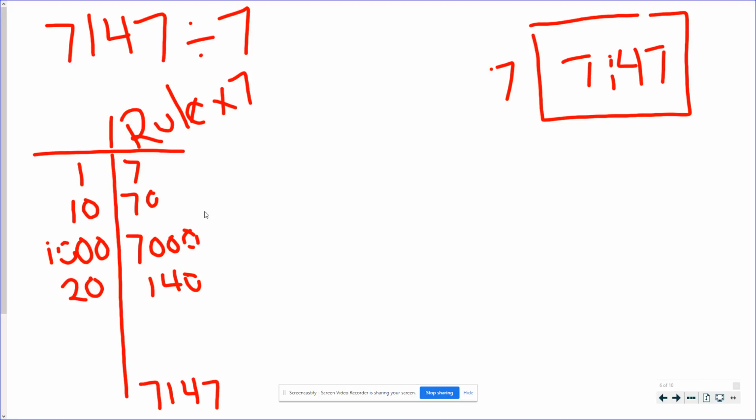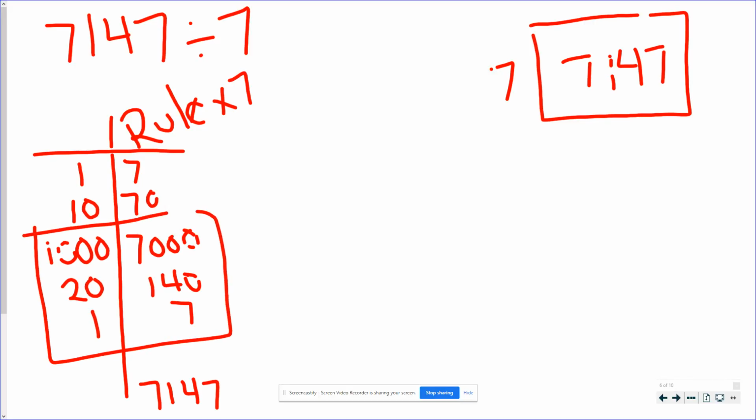That means essentially I just need that one more 7 there. If I were to add this up, I get 7,000 plus 140 plus 7 gives me 7,147. If I add up the 1,000 plus the 20 plus the 1 gives me a total of 1,021. So essentially, this dimension over here is